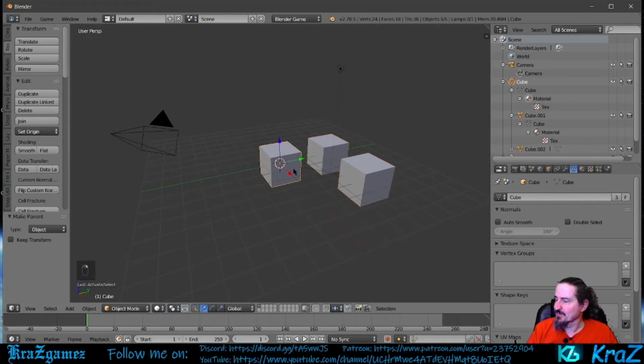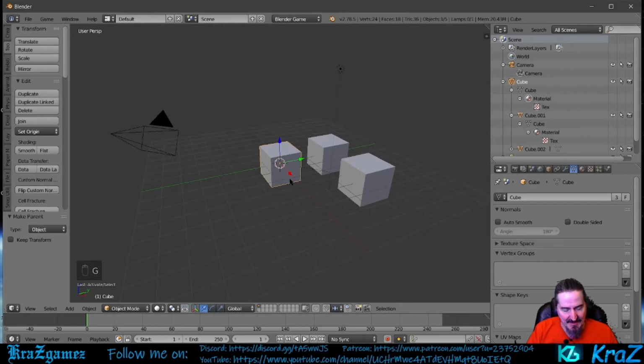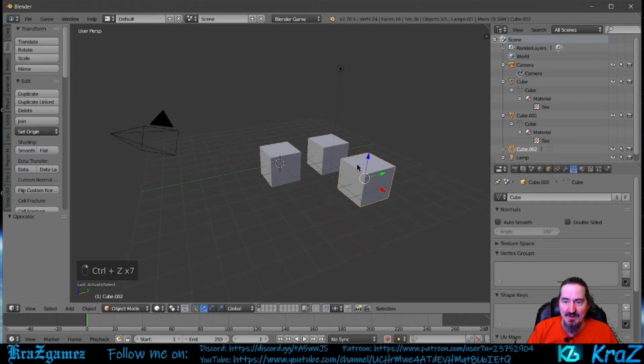So now that they're all parented, if I hit grab, all of them do the same. If I scale, they all do the same. If I hit rotate, they all do the same. An object can only have one parent object, but a parent object can have many children. So what I'm going to do is go over here and hit Control Z. Now what it means is that you can have more than one child to a parent, but you can also have